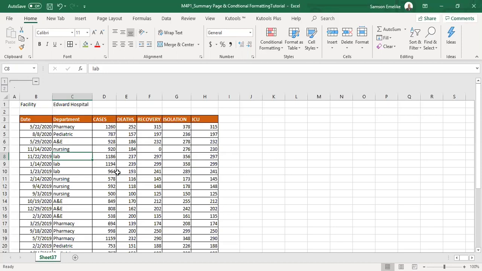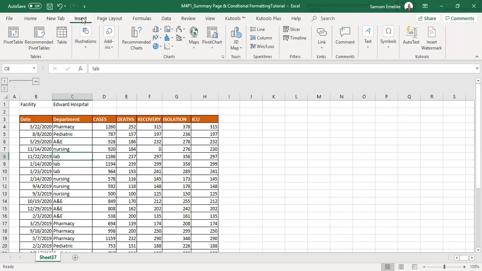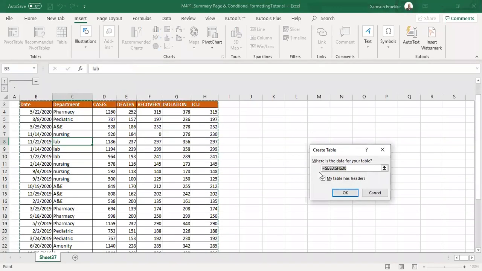Okay, so right now, I am going to look at my tab here. I'm going to click this Insert. Like I say, when you are working with a pivot table, it's better to work with your data in table format. Not that anything is wrong, but it will give you a lot of features. So I am going to click here, Table, and then it's asking me,